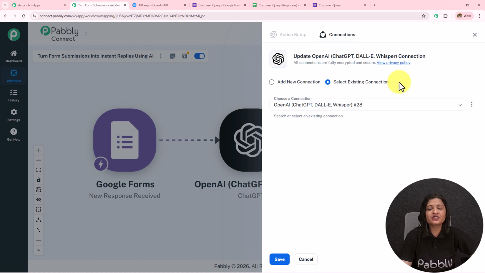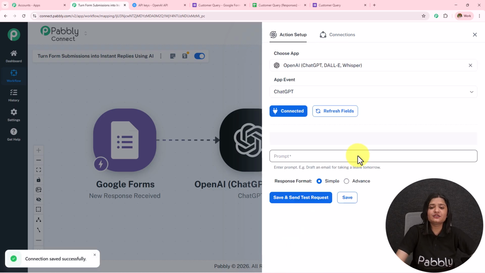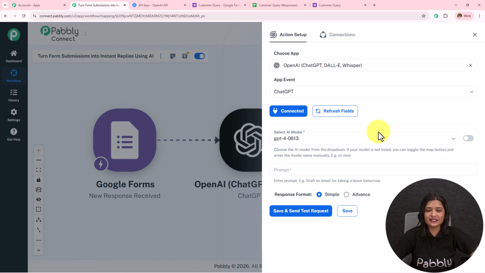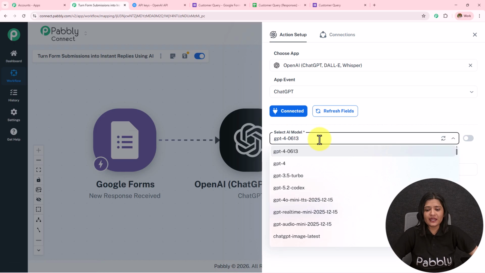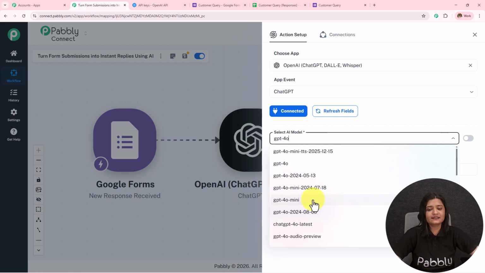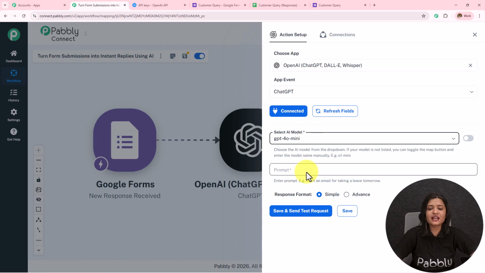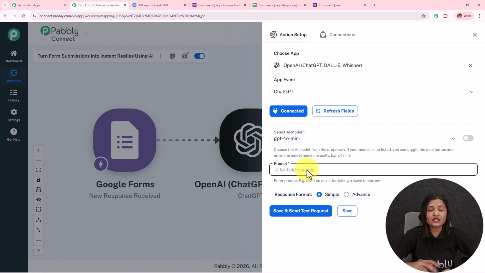Now here, as I've already built the connection, I've created this connection multiple times, so I'm going to select that only and then save this. You will see OpenAI will be connected to Pabbly Connect, and now I need to enter the AI model and the prompt. So from here, I'm going to select my AI model as GPT-4o Mini. You can select this according to your choice and preference, and in this prompt, I'm going to enter very